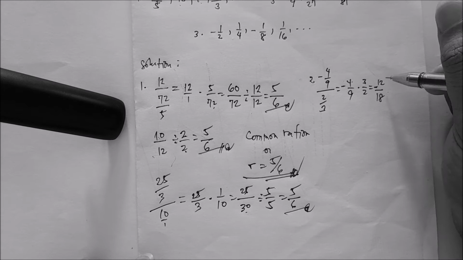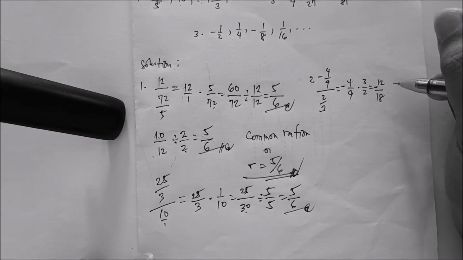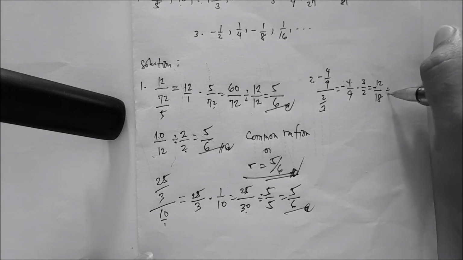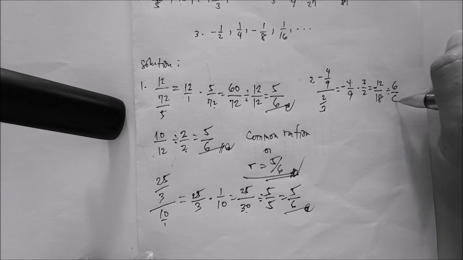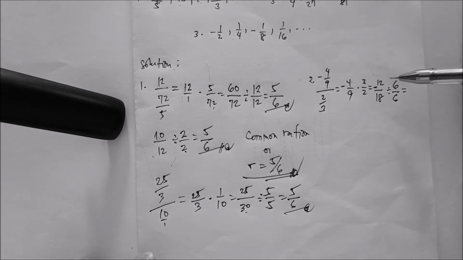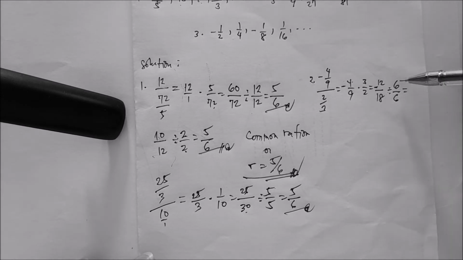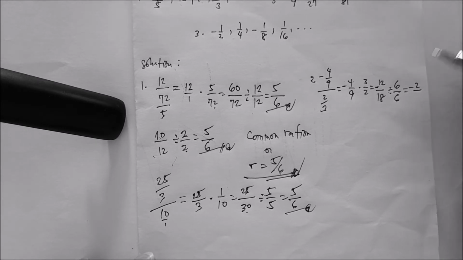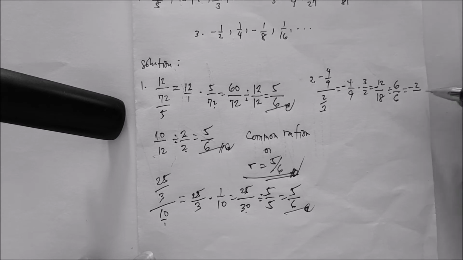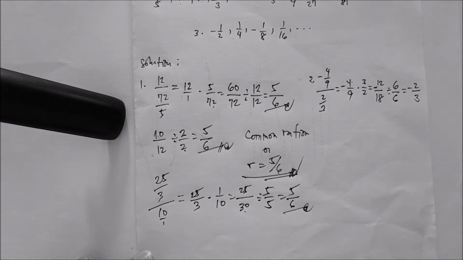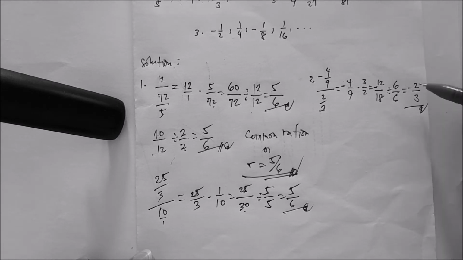So can you simplify this one? Yes, by dividing both sides by 6. Negative 12 divided by 6 equals negative 2. And 18 divided by 6 equals 3. So the answer is negative 2/3. Next